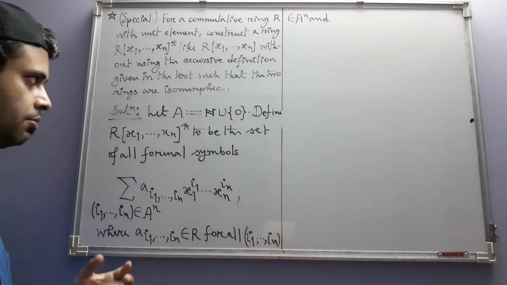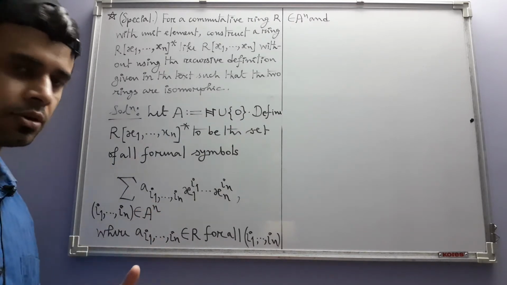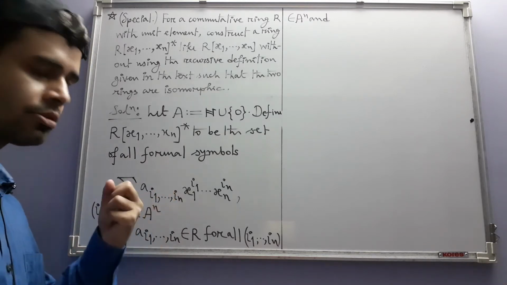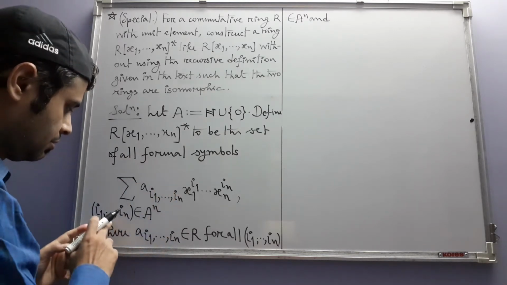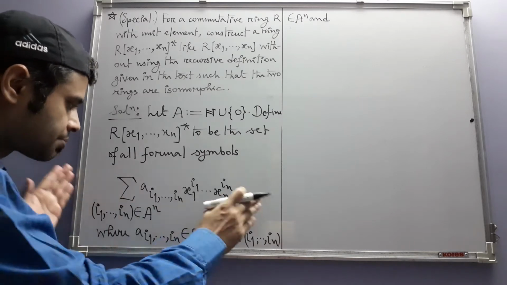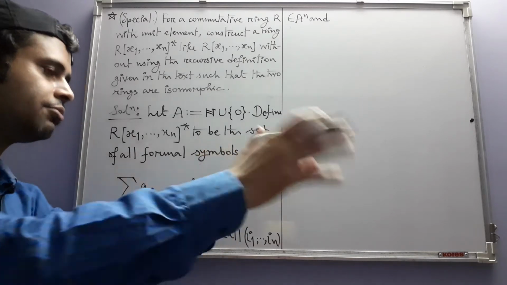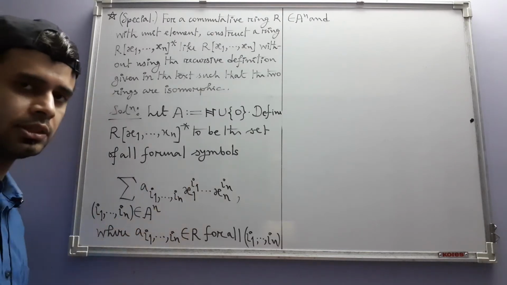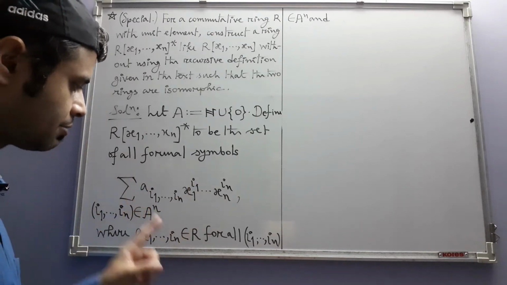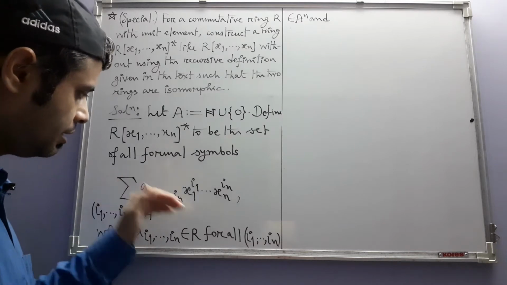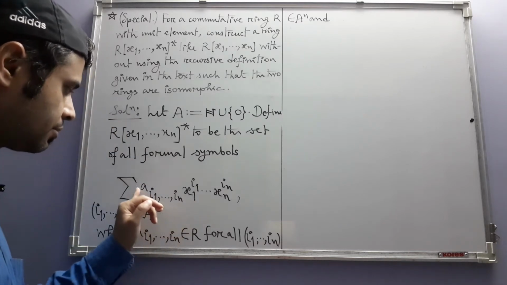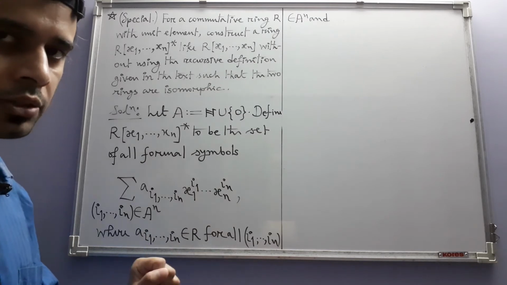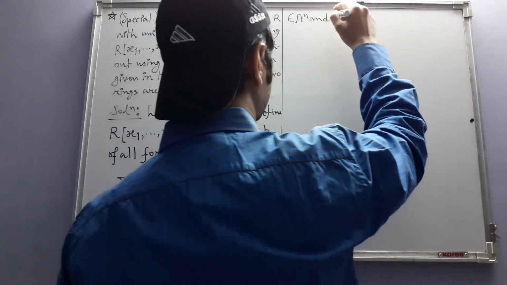So An, which consists of all n-tuples of elements of A, is also an infinite set. But we don't want an expression where there are infinitely many terms having non-zero coefficients. So we have to carefully mention that in any such formal symbol, at most finitely many coefficients are non-zero,